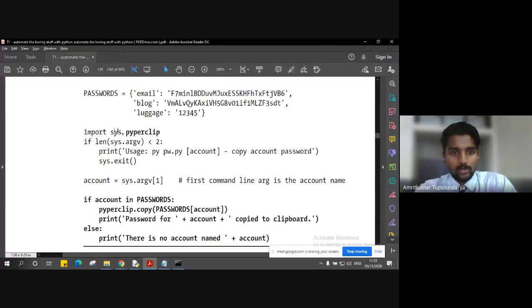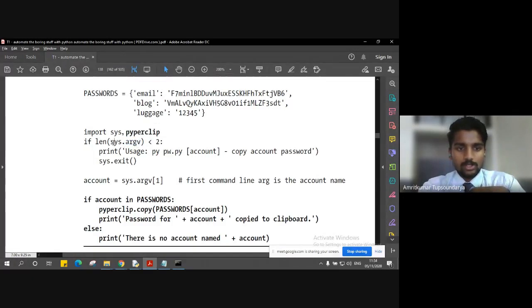In order to check whether the command line is going to access this program, we have to import the sys module, and this module checks for the arguments. To execute a program on the command line, it will check whether sufficient arguments are given by the user or not. In order to check those arguments, argv stands for argument values, right?